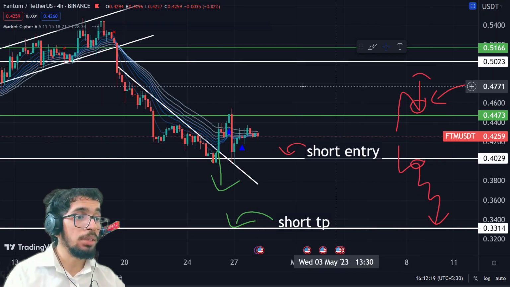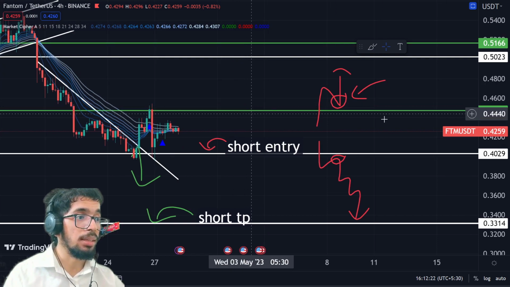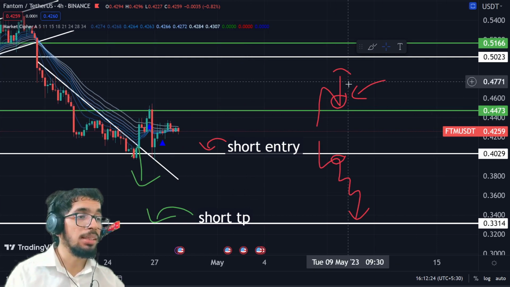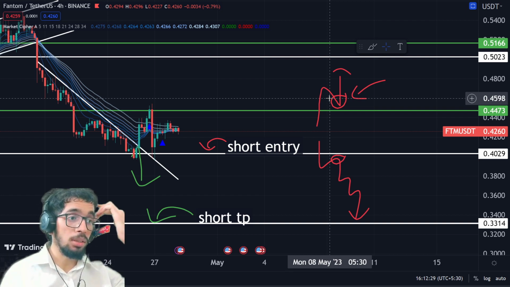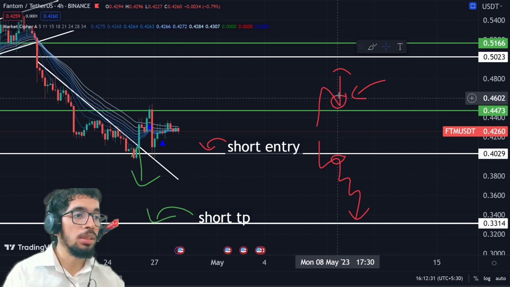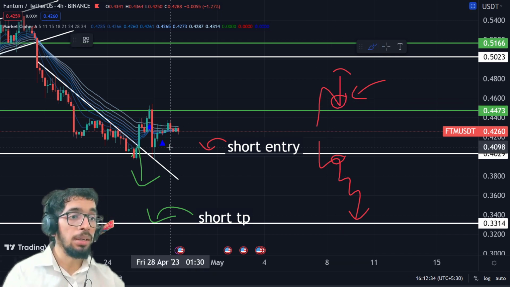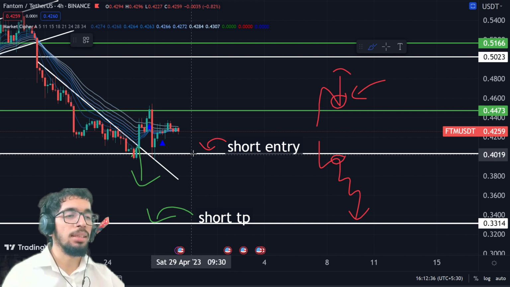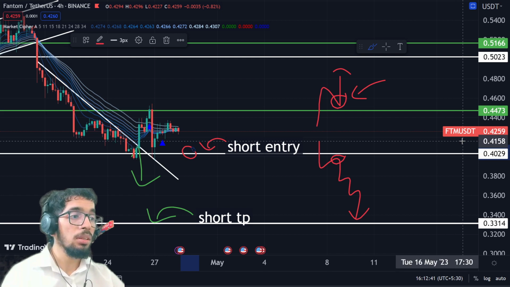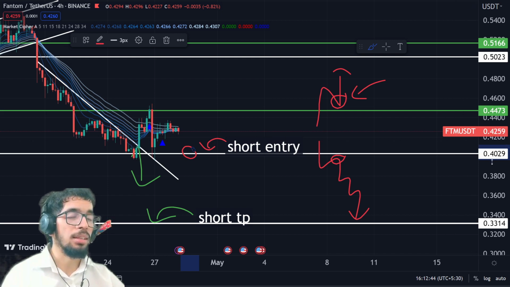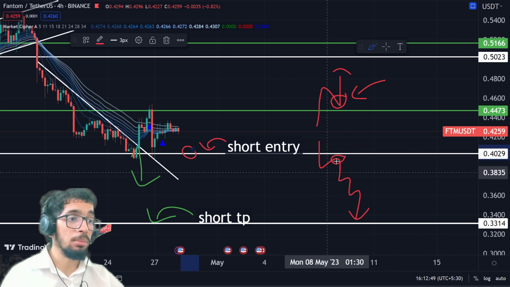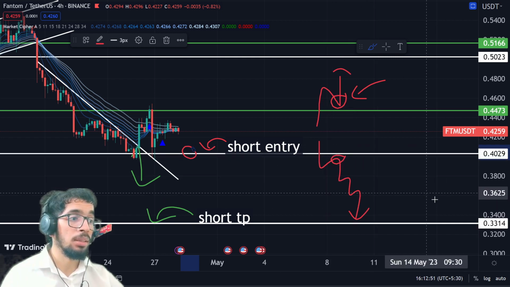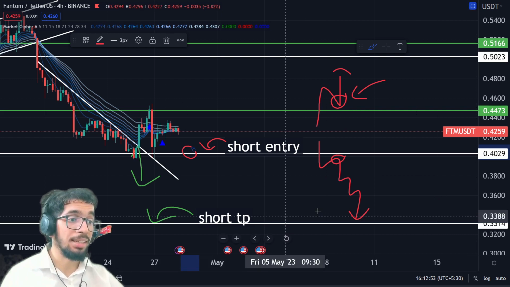Okay, so now let's talk about the next chart, which is your Phantom chart. For Phantom also, we need to watch this key resistance around 0.44 cents. Once it breaks that and makes support, Bitcoin is probably going to go up, and all the altcoins too are going to go up. So we need to put a good long position right here once it makes the support. But if Bitcoin breaks the 28,760 range, all the altcoins too, Phantom included, are going to go down. So we need to put a short position right here at around 0.40 cents once it makes a resistance, and then put a take profit at around 0.33 cents.